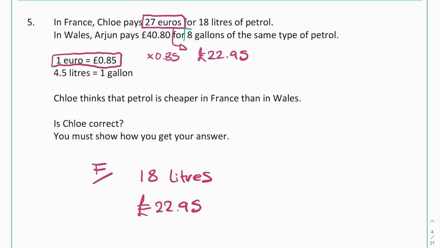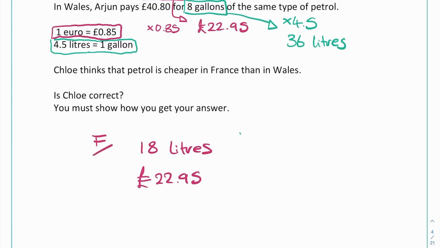Now that's already in pounds, but this is written in gallons. But it says that 1 gallon is 4.5 litres in this second conversion just here. So if we want to convert that into litres, we get more litres than gallons, so we multiply it by 4.5, and that's going to turn it into litres. So 8 times 4.5 comes out as 36 litres. So now for our second option, and that one's in Wales, we get 36 litres, and that one costs